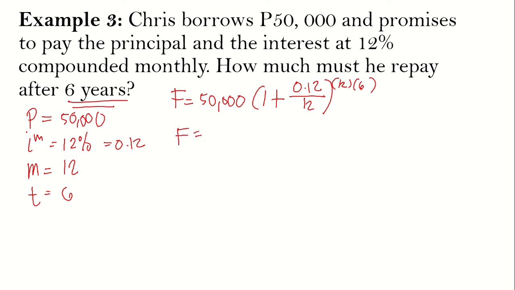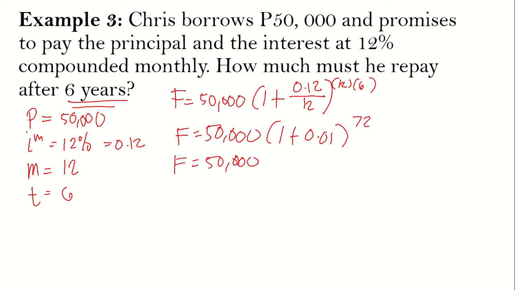F is equal to 50,000 times 1 plus 0.12 divided by 12 is 0.01. 12 times 6 is equal to 72. So the future value is equal to 50,000 times 1.01 raised to 72. Input sa calculator, 50,000 times 1.01 raised to 72 is equal to